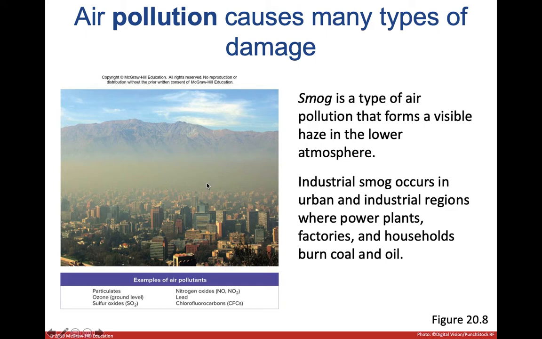So you're probably familiar with this type of pollution, smog, visible haze in the air. You can see it floating around. It's going to be little particles of emissions, nitrogen oxide. You can see that here from cars, lead, things like that. Ozone that's floating around. Coal particles, oil particles, and things that are burned that are floating around in the atmosphere that you can see. Kind of a strange form of pollution. This can be very toxic depending on what's in it. And in some countries, you have to wear a mask to walk outside because this smog is so dangerous it can cause permanent damage to one's lungs.